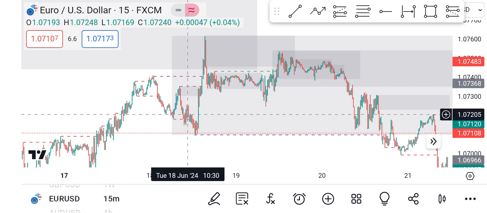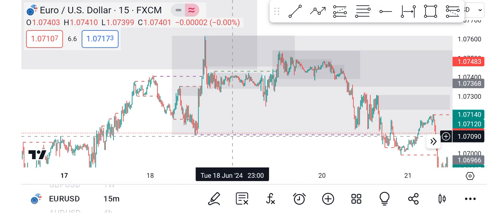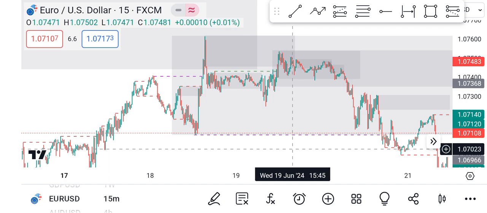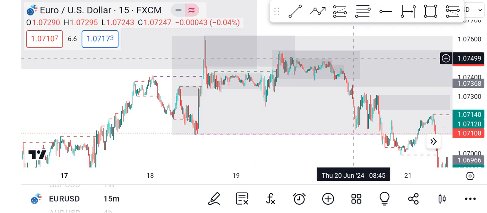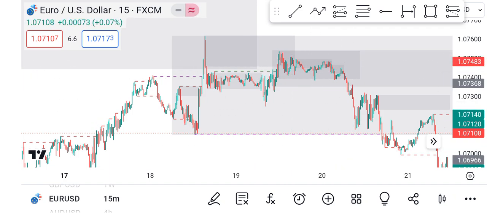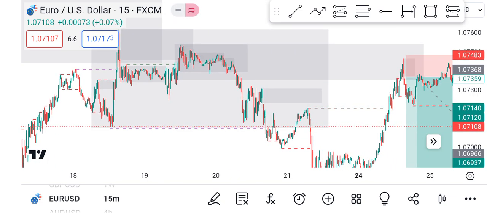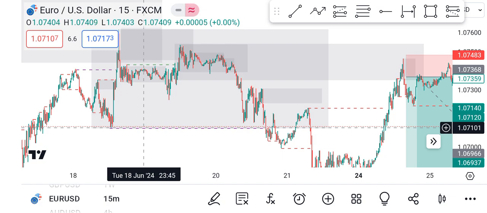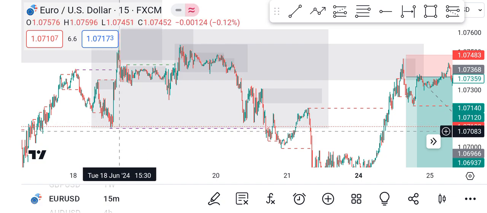Now that we have an internal structure and we have the market structure shift of the internal structure here, now you know your pullback. The 15 minutes you have to switch bullish again to facilitate the internal structure pullback. And that's exactly what happened. You can see, well, this internal market structure shift is also the 15 minutes market structure shift,